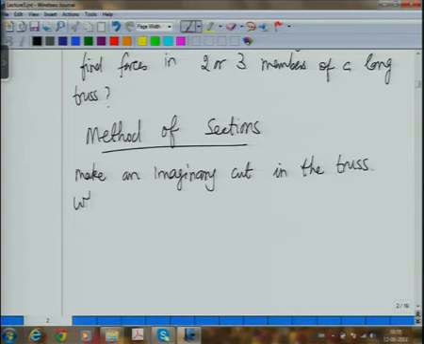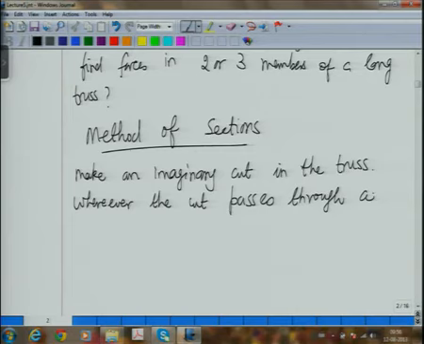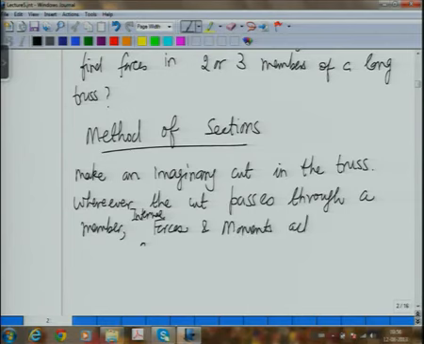So, wherever the cut passes through a member, the internal forces and moments acting there will be exposed. We have seen whenever we cut a body, we can notionally cut any body when we are solving a statics problem,